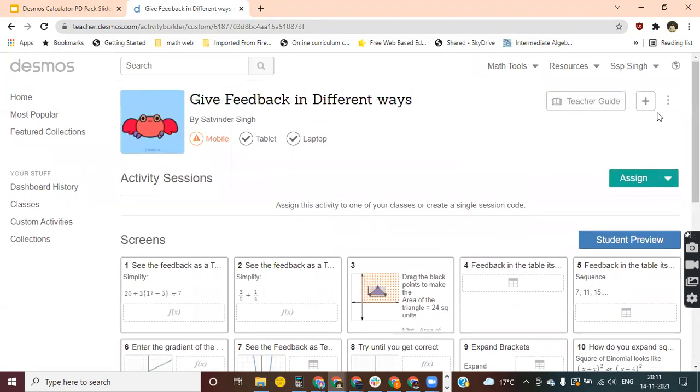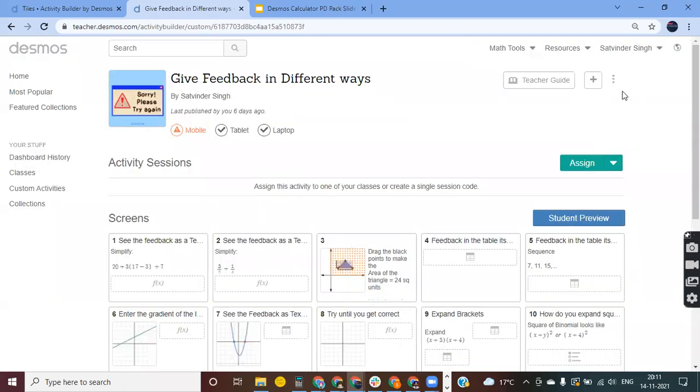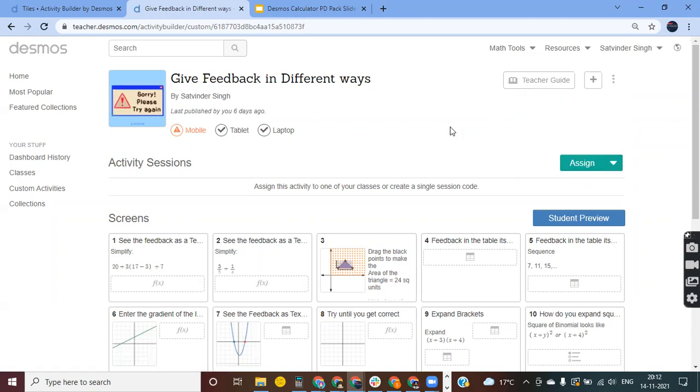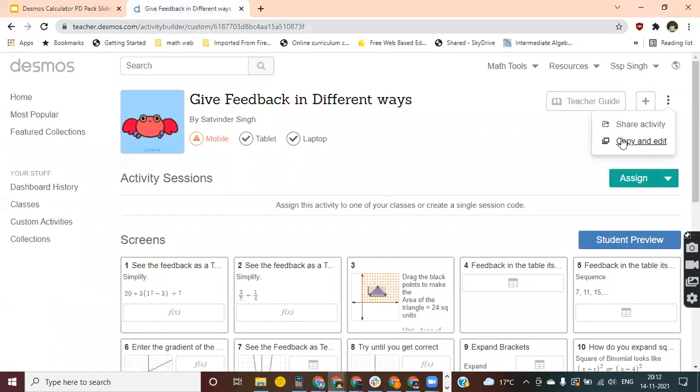And when you click on these 3 dots, remember you should be signed in, whichever account you're using. So click on these 3 dots, and there it says copy and edit. But if I show in my account, because the original activity was created by this account, here I will see 4 things: edit your activity, manage editors, share activity, copy and edit or delete. I can delete this, I can copy and edit, I can share, I can edit because it is my activity. But in the new account, I don't see all the options because I haven't added it to my account. So you can click on this, copy and edit